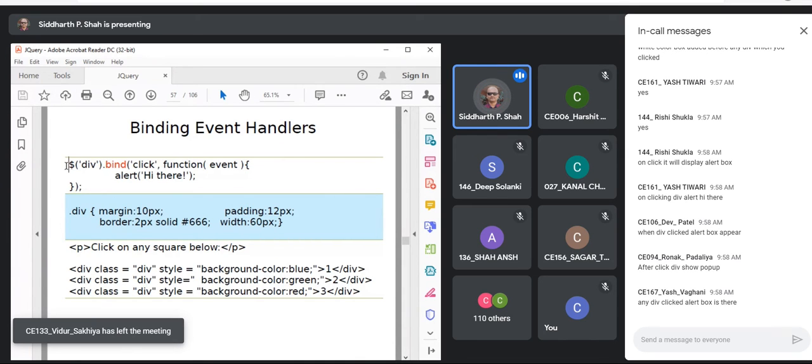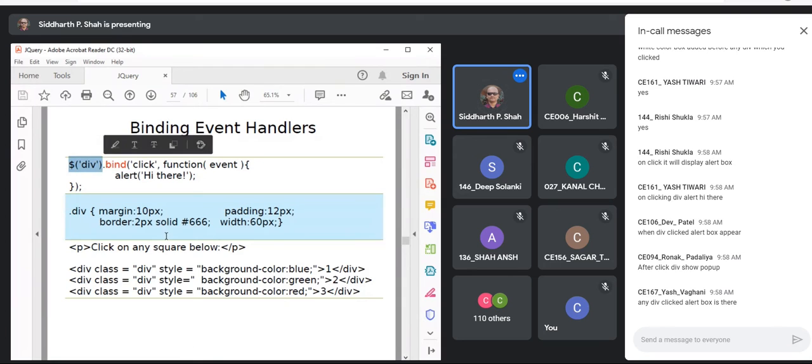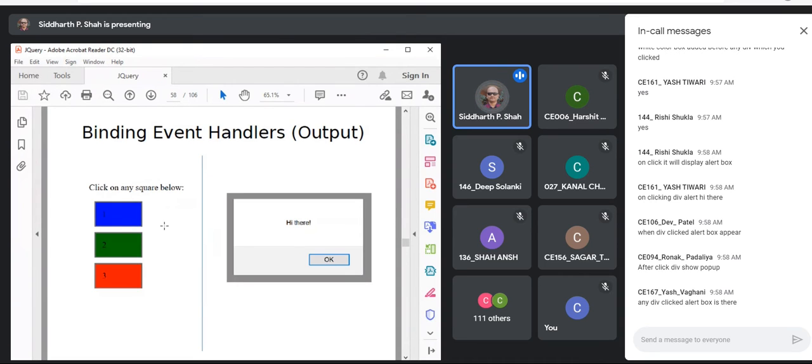Whatever matching elements are there by this selector, you bind this click event on that. And whenever that event happens, you handle it by this function. So you can see that on whichever division you click, every time it will display the same message. But whatever you want to do, you can do that. This is just an example.